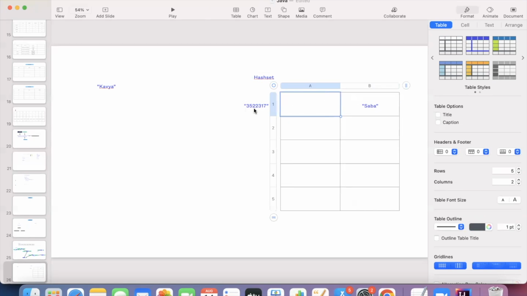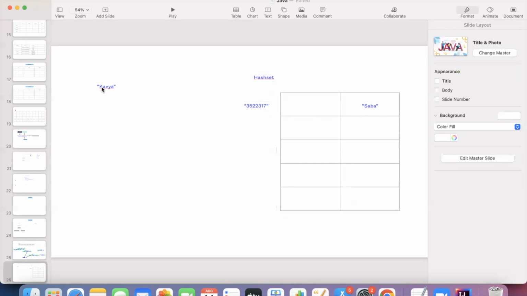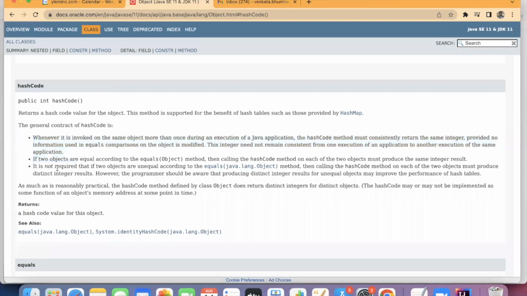Sometimes there is a chance that the hash ID comes out the same for different objects. In that case, it goes and finds the equals method. That's what it says: if two objects are equal according to the equals method,